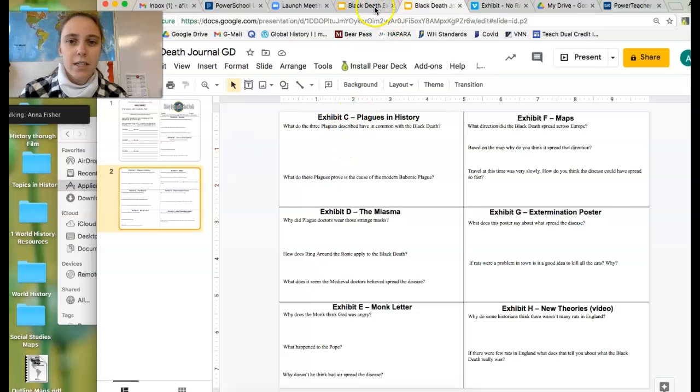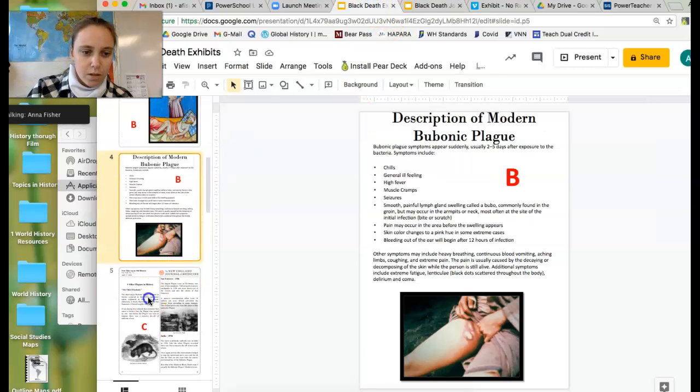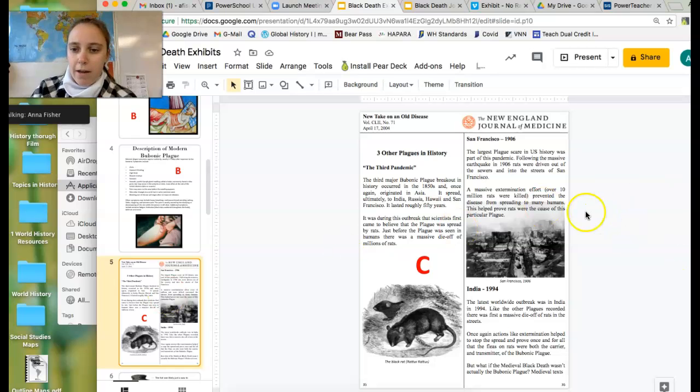Alrighty, moving on to C. C is one of my most favorite slides that we have here. One of the ways to study a very, very old pandemic is to study another one. We actually learn a lot, even about our current pandemic, by other pandemics. They're just not always that different.